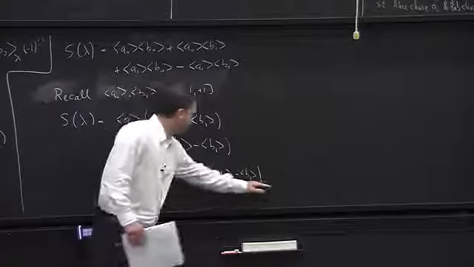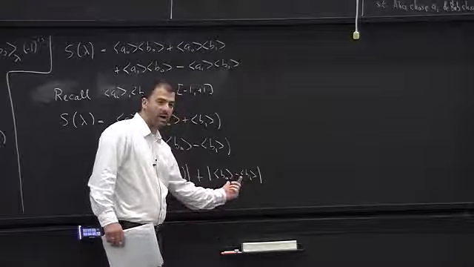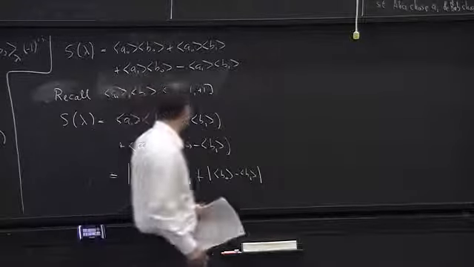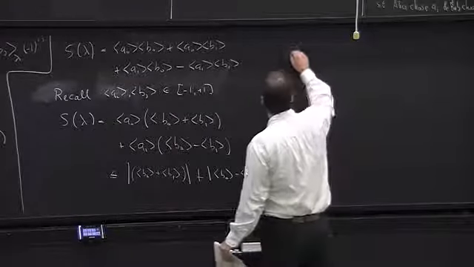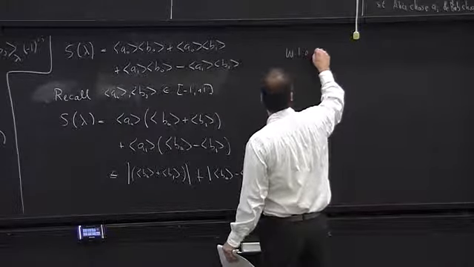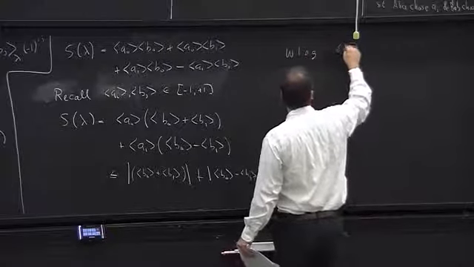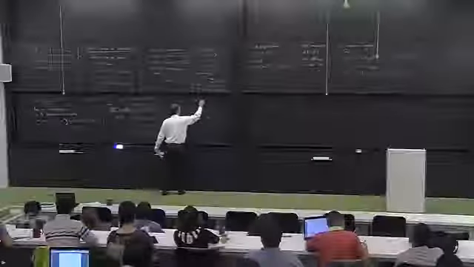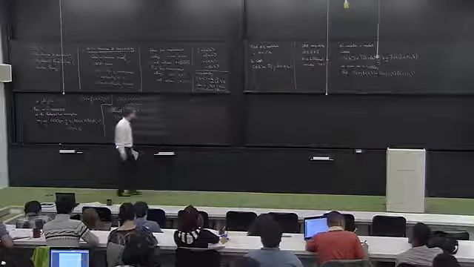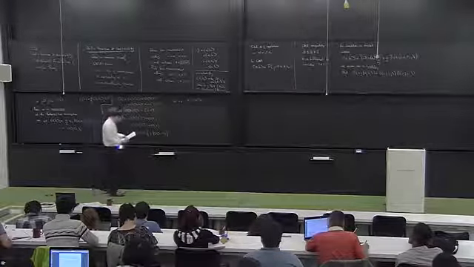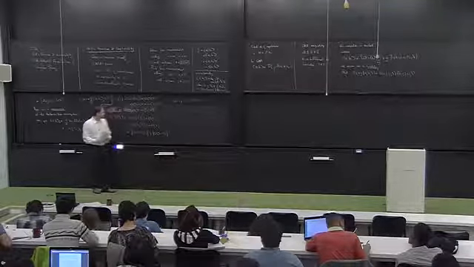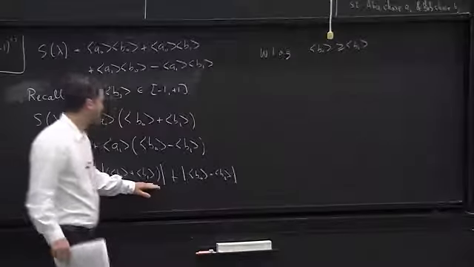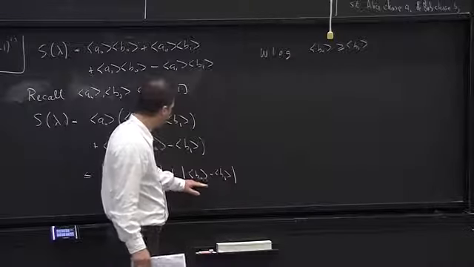Now, because we have an absolute value here, we could write this either way. We could write this as B1 minus B0, B0 minus B1. It doesn't matter. So without loss of generality, let's just take B0 to be greater or equal to B1. If B0 is greater than or equal to B1, then we can replace this with just B0 plus B0. And we can replace this with